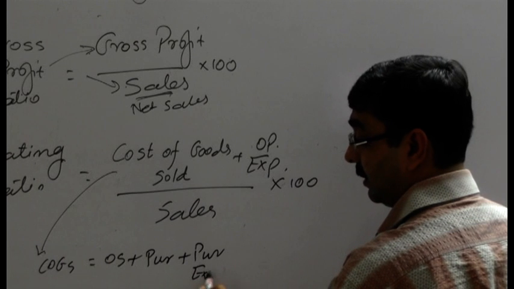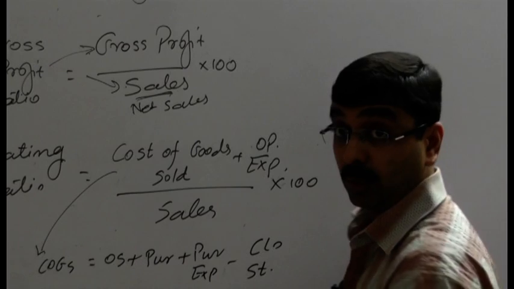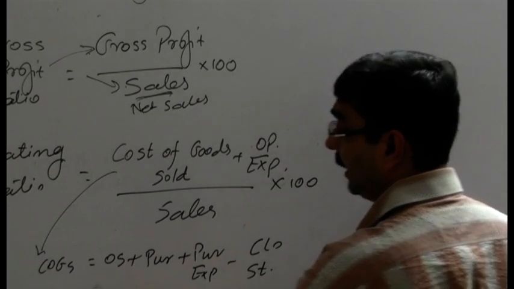Purchase expenses and minus closing stock. So cost of goods sold will be determined through this formula. Operating expenses